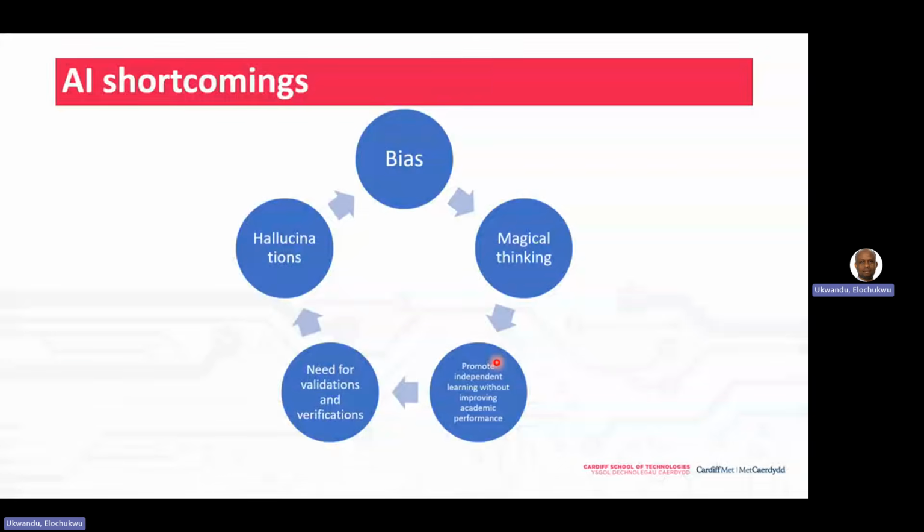Why do we say that AI is a kind of honeypot to students? Because AI has underlying shortcomings which the students don't bring to bear when using it. AI has an inherent bias because of the data that are used to train these machines or software systems. The data you use to train it is what it learns from, and then it behaves that way. So if the data is not balanced, the outputs from it will not be balanced.